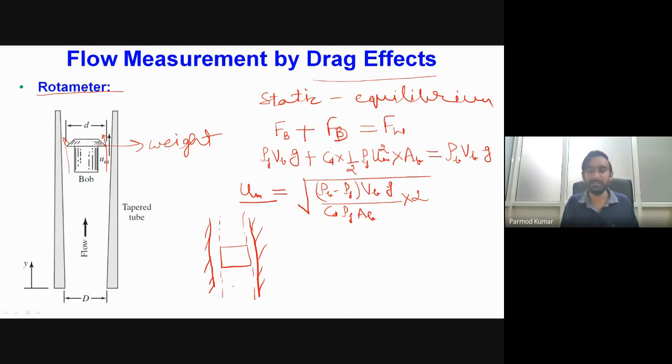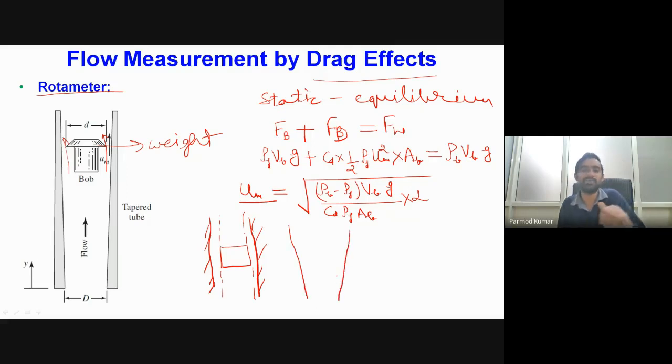Okay, so because of that fixed cross section, what will happen when we vary the flow rate? We will have a change in the value of flow velocity across the annular space. So if we increase the flow rate, our velocity will increase beyond the required value of velocity for maintaining the static equilibrium position. So in that case, our floating object will always try to move in the upward direction. And if the flow rate is less than the required velocity to maintain the static equilibrium position, in that case our float will fall in the downward direction. Okay, so what we do over here is take a tapered cross section.